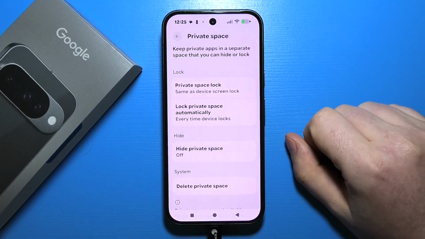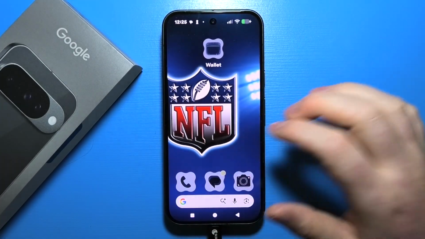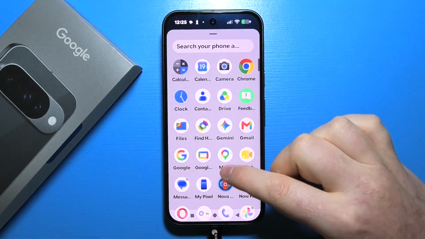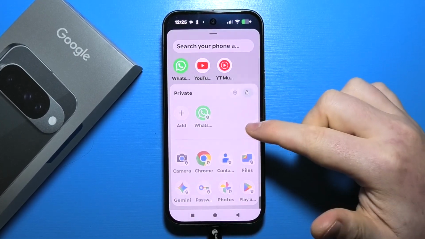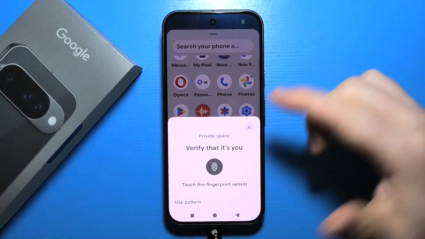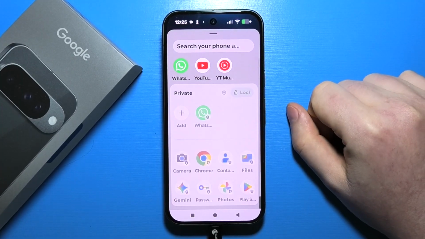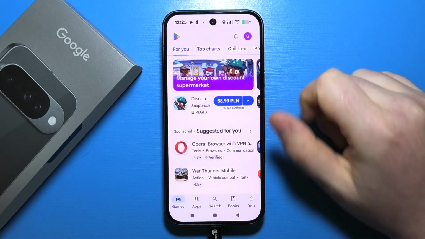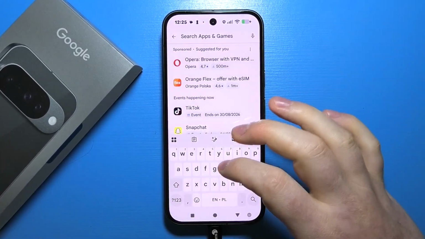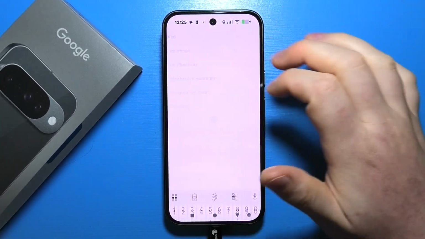When your private space is created, you'll be able to go back to your home screen and swipe up for the app drawer, and then on the bottom there's private space that usually will be locked with a password, so you need to always unlock it. Then we can click on the plus button and install apps. If we manage to install, for example, let's say Facebook app,